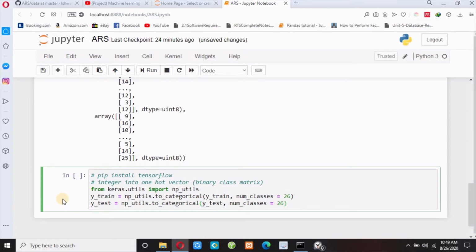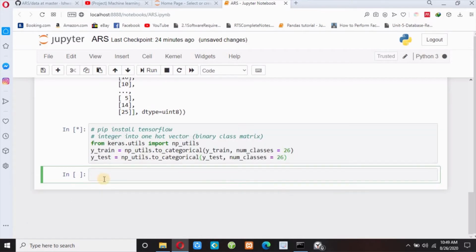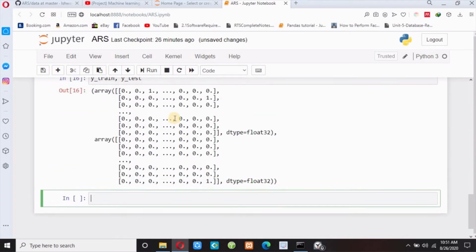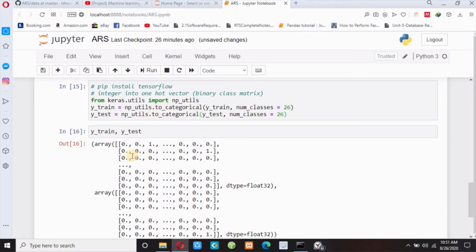Now if I execute this cell, it may also take a little bit more time. And if I print again y_train and y_test, you can see here now it is a binary class matrix.